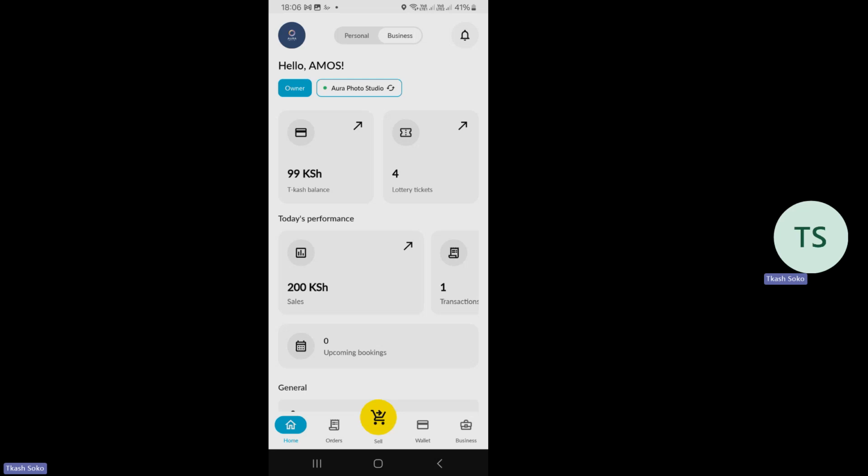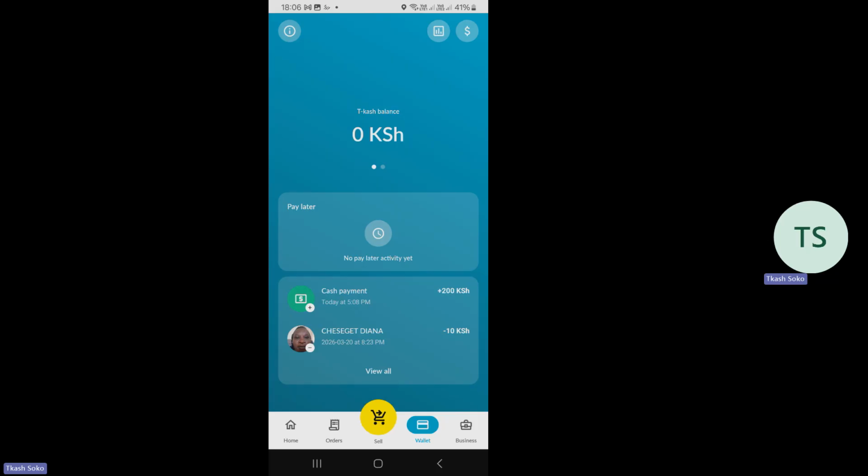But for this business, you see there is performance. That performance is for the business itself. If I want to know where this performance money has gone, I come right to the bottom, and we said you go to the wallet. When I come to the wallet, I will see the T-kash balance. I need to refresh for it to appear. To refresh, you just pull the screen down. When you pull the screen down, you will see the amount appears now. The amount is 99 shillings, so you know that that is the amount you have in your wallet. And you can access these funds via the personal side once you have completed your KYC.